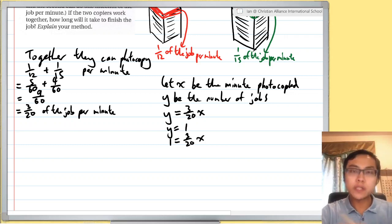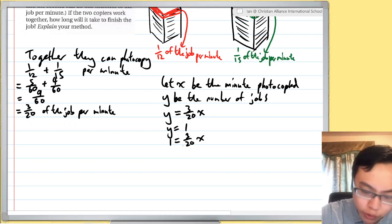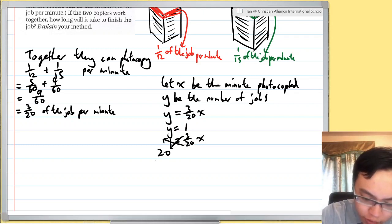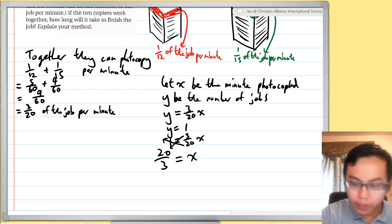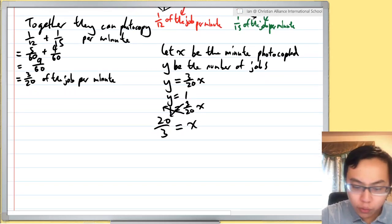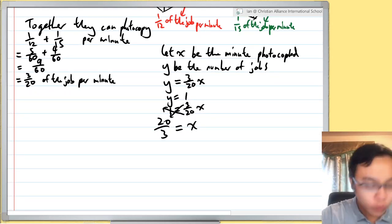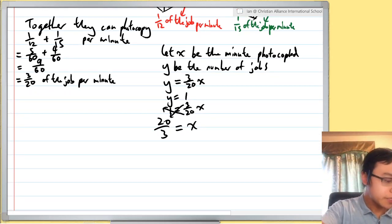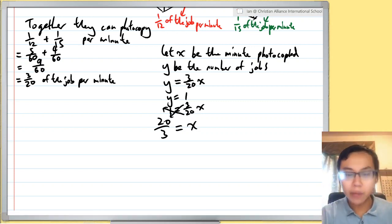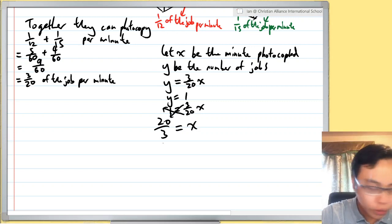And so once I move the 20 and the 3 to the other side by cross multiplication, 20 goes to the top and 3 goes to the bottom. Now we have 20 over 3 is equal to x, the number of minutes it takes a photocopy. And so now 20, let's divide it by 3. You can use your calculator or you can calculate it by hand. We'll find out that 20 divided by 3 is